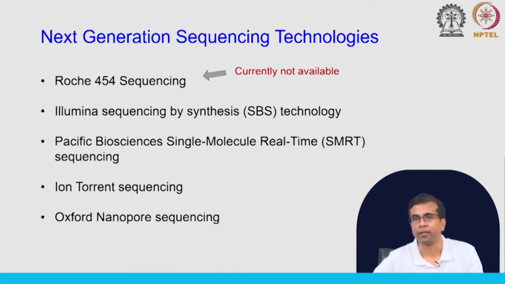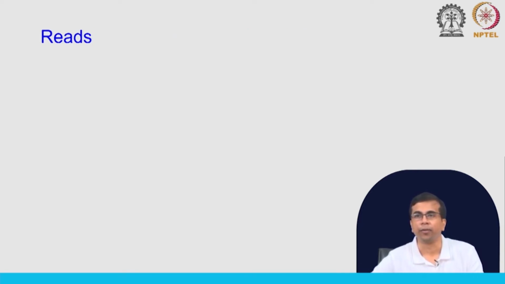Despite that, we will discuss Roche 454 sequencing, because this was the first method of next generation sequencing, and you will also find a lot of data in databases from this technology. So, it is good to understand how this data was generated before you can actually analyze those data sets. So, before we go into the technologies themselves,